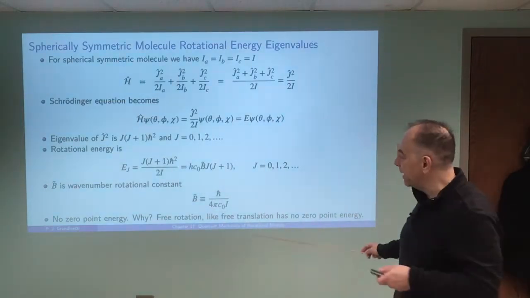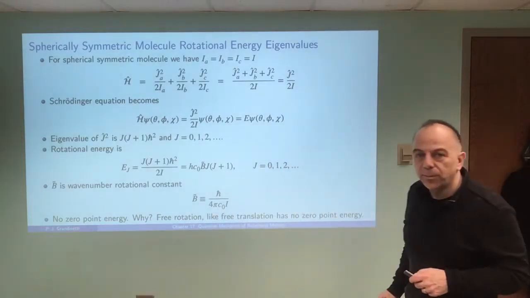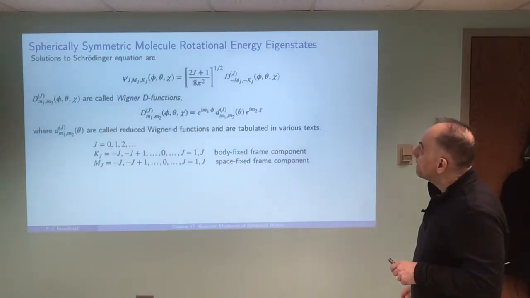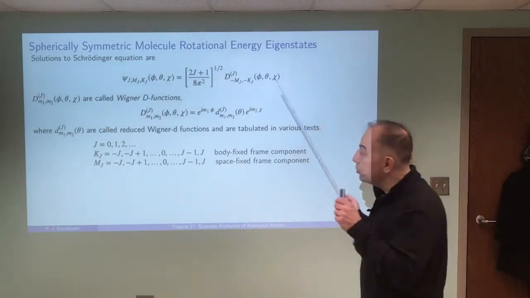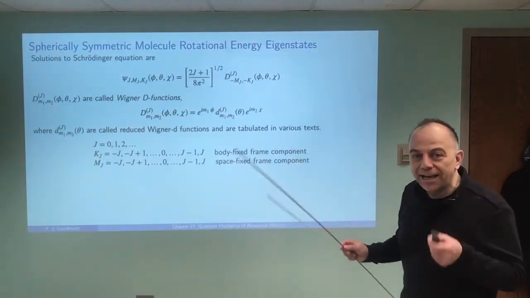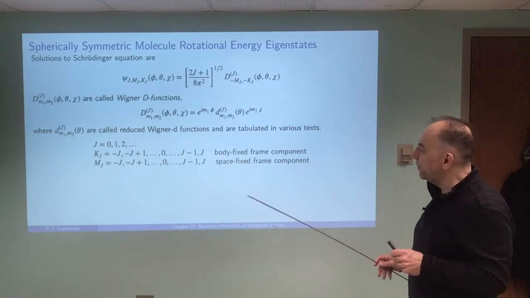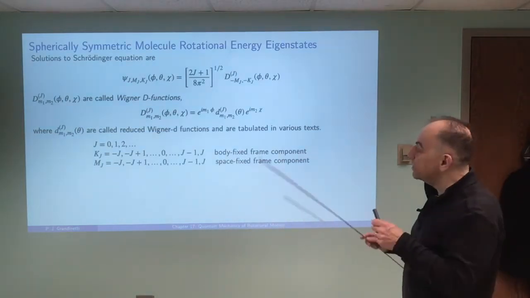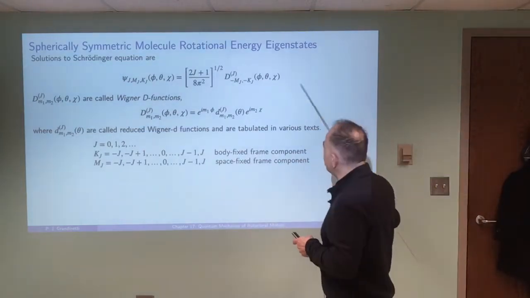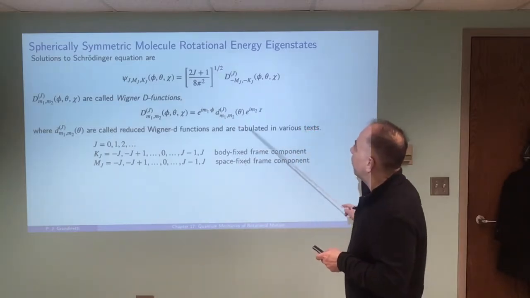It's completely free, and for that reason, there's no zero-point energy. Now, the solutions to the Schrodinger equation for the eigenstates are not trivial, so I'm not going to try to work that out. I'm just going to give you the solutions. And the solutions have this form here,